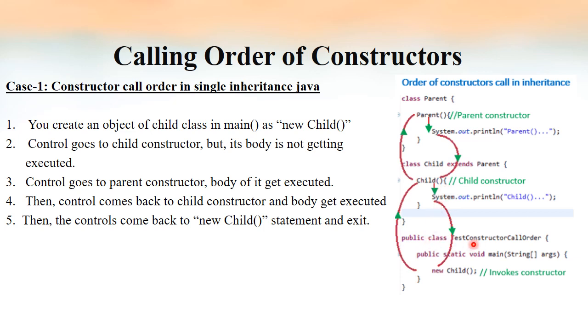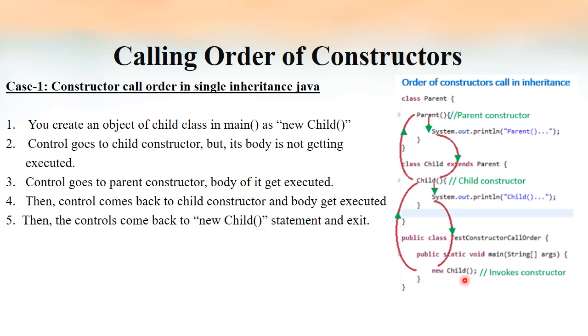A constructor is a method having the same name as the class, and it is used only for creating objects. Now inside this class we are writing the main method. This is the class that is going to be executed because the other two classes do not have the main method, so it is not possible to execute them. When we run this program, it is this class that is executed because the main method is inside it. Inside the main method, we are calling the constructor of the child class. As you know, a constructor is a method. If you want to execute a method, we have to call it explicitly, otherwise the method will not get invoked.